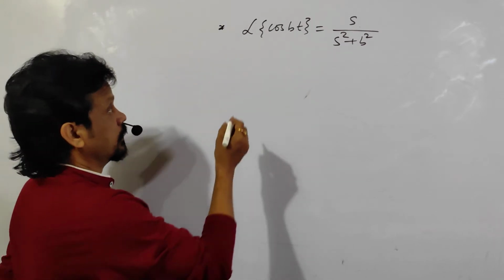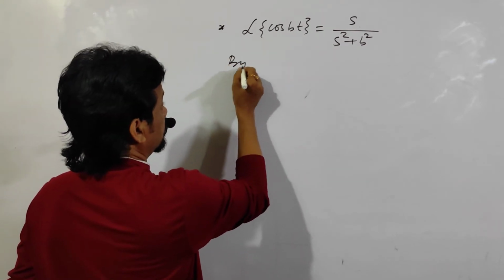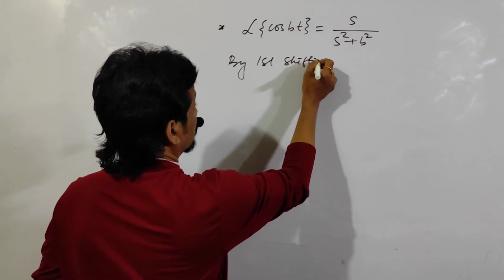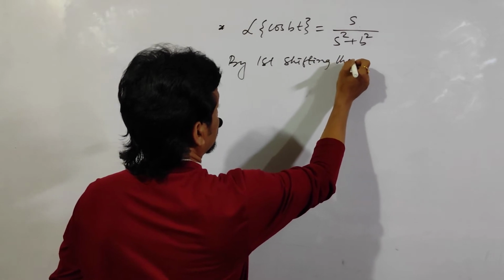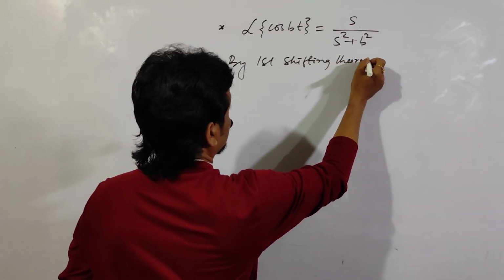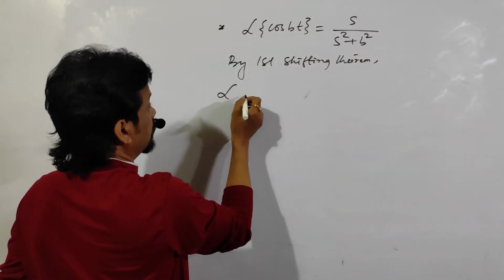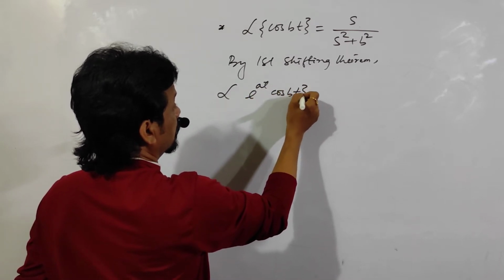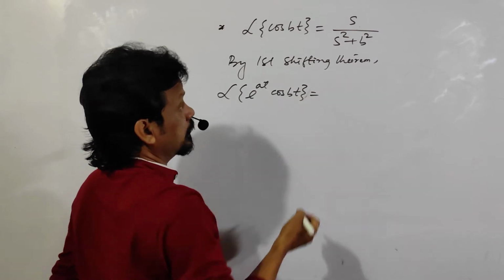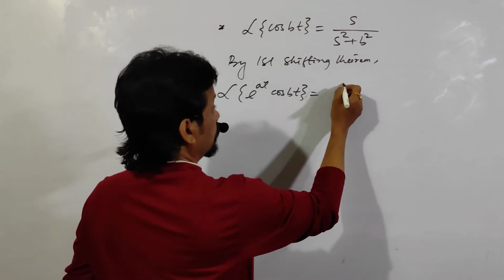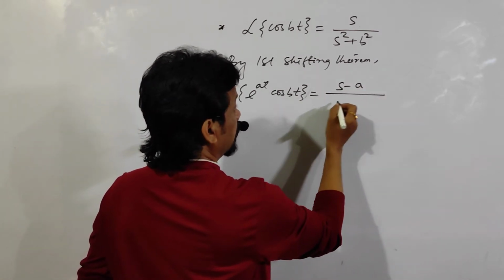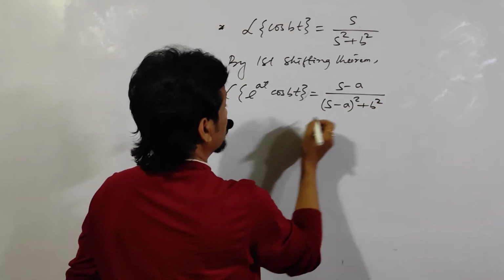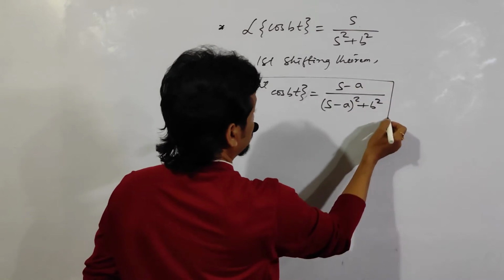So by first shifting theorem, Laplace of e to the power at into cos bt, only you have to replace s by s minus a. So s minus a divided by (s minus a) whole square plus b square. So this is your third formula based on